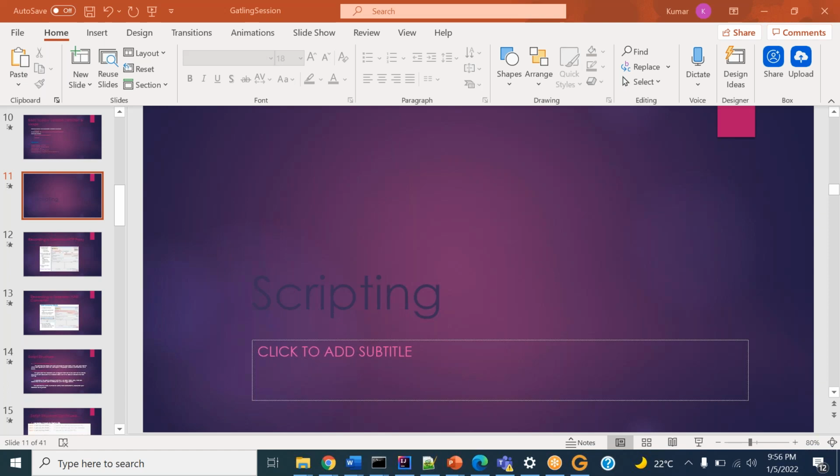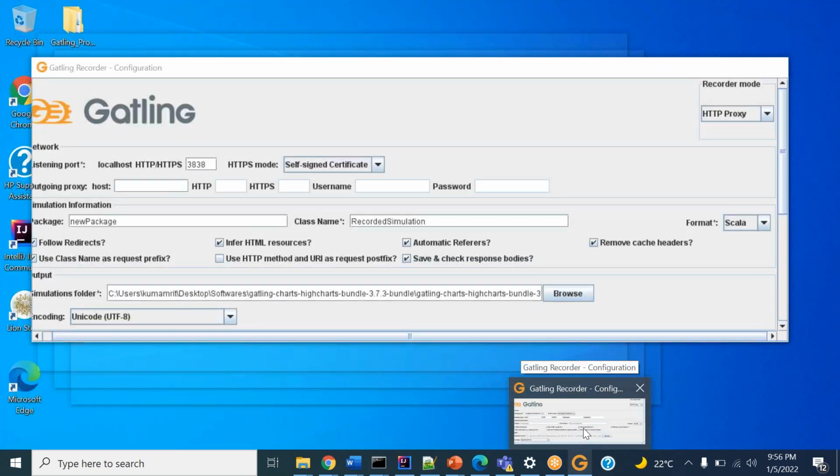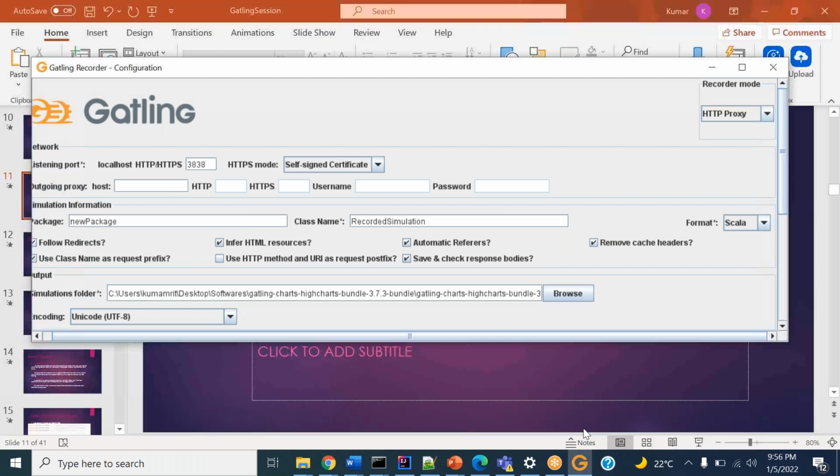Oh, okay, sir. Sir, can you open the recorded window, sir? The GUI. This one? Yes. Here, what is the format on the right-hand side? There will be a drop-down format. Scala. In which format do you want to generate the script?